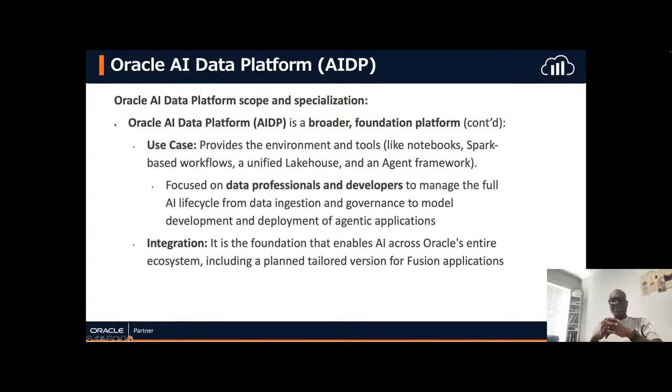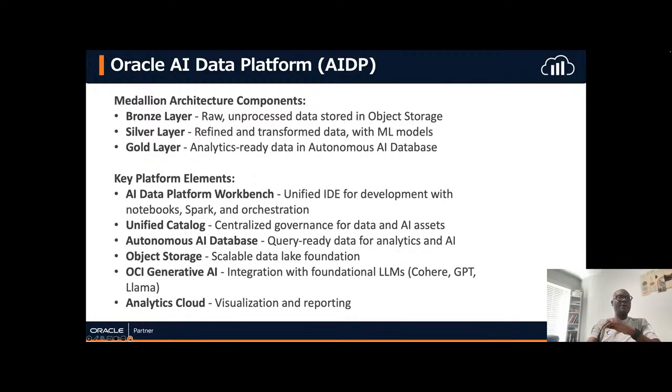When you look at integration, it's also a foundation that enables AI across the entire Oracle ecosystem. Again, one example is FDI, which is Fusion Applications, being deployed across the AI agents as well. If you have questions, you can type your question.